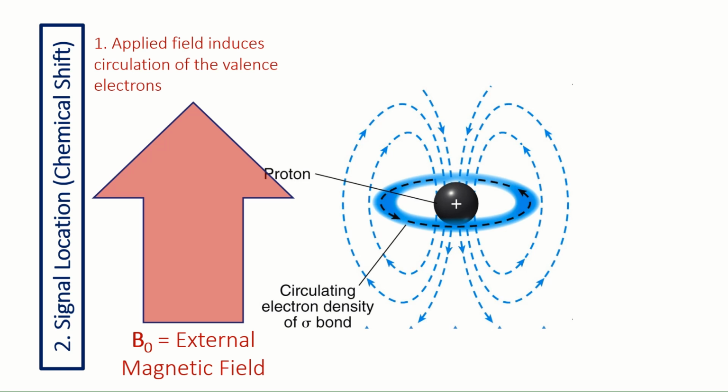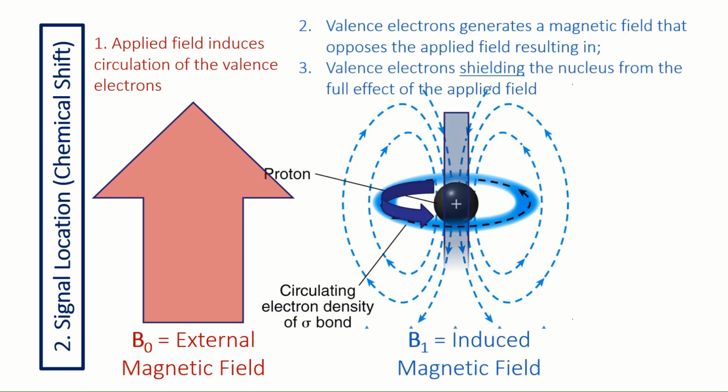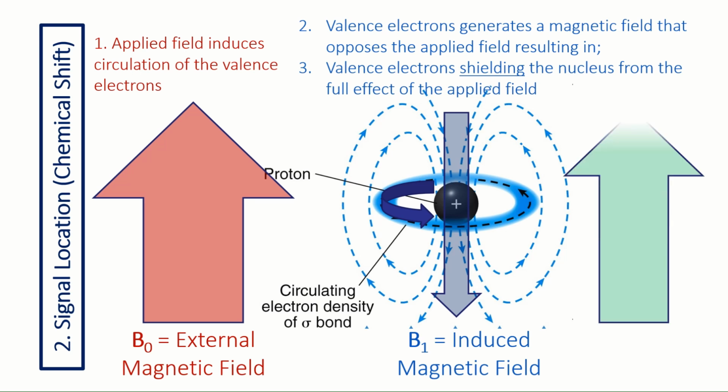Yes, this is our applied field B0. And on application, then of course it induces a magnetic field from your spinning electrons. This will oppose, as you can see, it opposes your applied field. And so your effective field